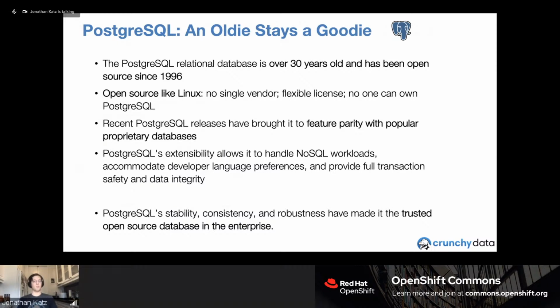And through this and through real world use cases, recent Postgres releases have brought it to feature parity with other proprietary databases. So I'll take an example from about 10 years ago, streaming replication. Streaming replication is one of the foundational aspects for creating a high availability system, where you're able to take your data from your primary server and copy it over, in an ordered fashion, to your replica server, in a way that's fast and efficient. So that came about 10 years ago.